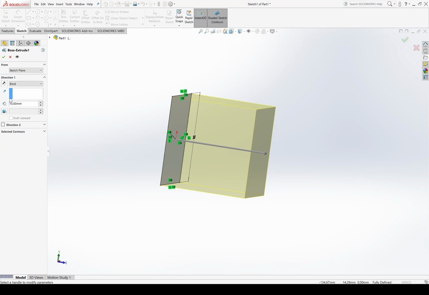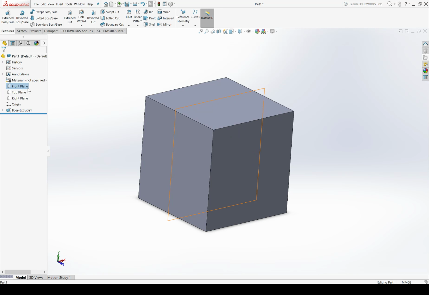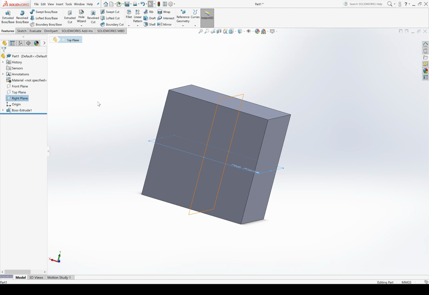That would be to extrude with one direction only, but choose midplane. So now it's going to extrude equally in both directions such that the total distance is whatever you specify. So if I said 20 millimeters here and hit the green check mark, now I've got a cube positioned so that my part origin is in the exact center of the cube. Does that make sense?